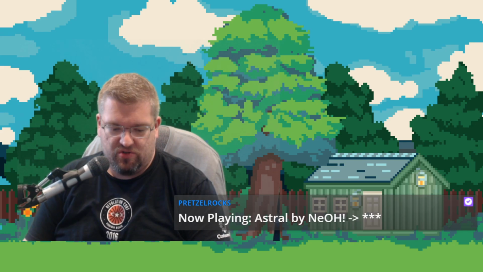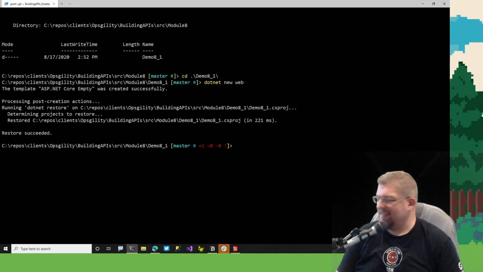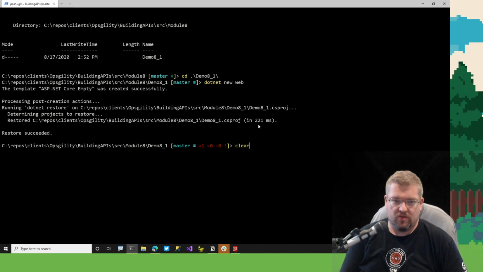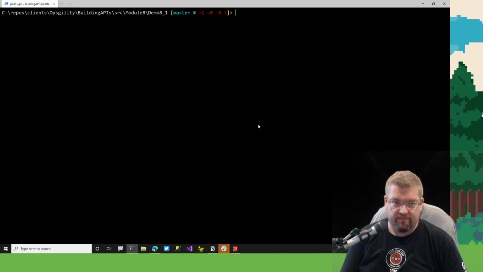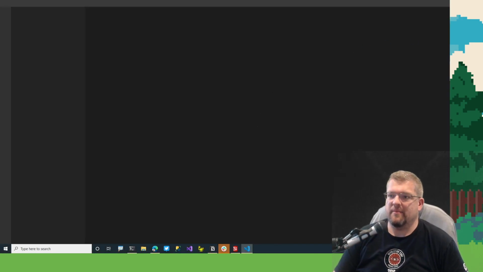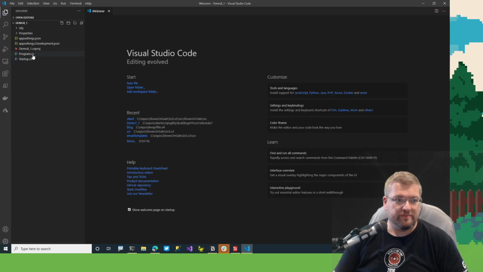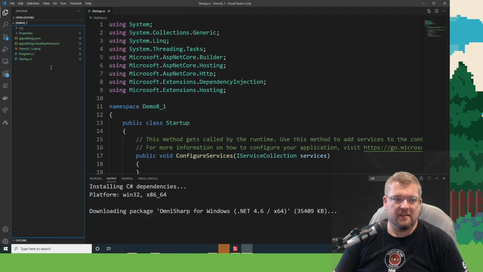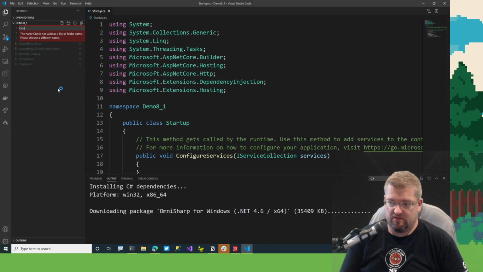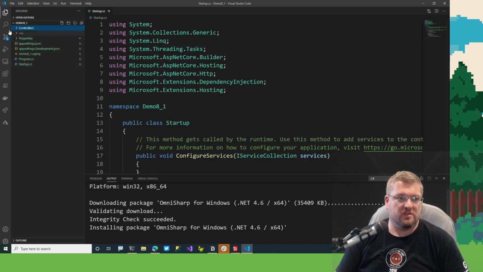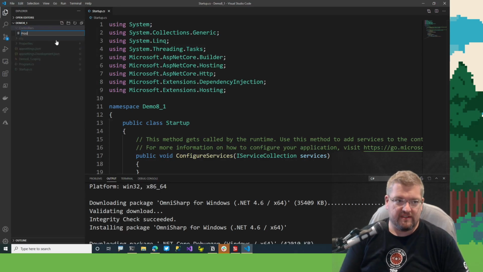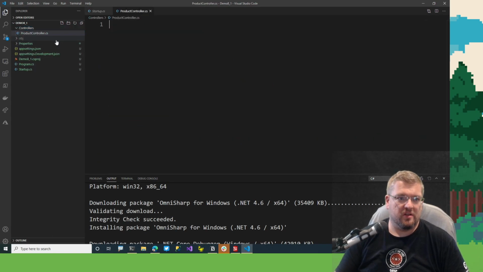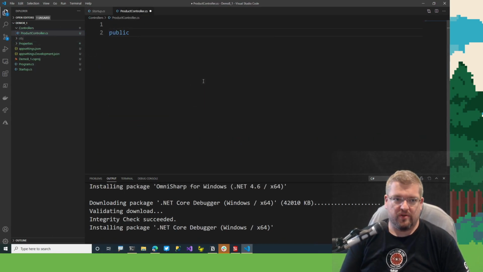Let me shoot over to my screen share. There we go, screen share is up. I was in the middle of creating some of the demo cruft, because I've never used Swashbuckle before. So let's set up a very basic API, so then we can do the rest.